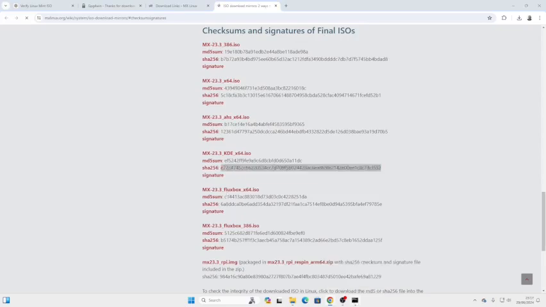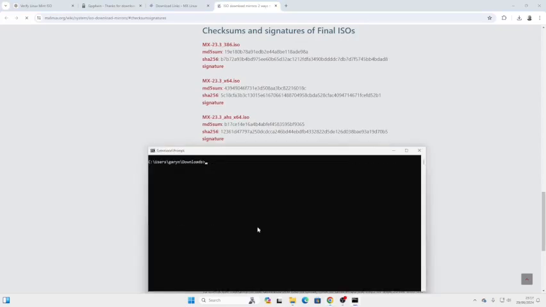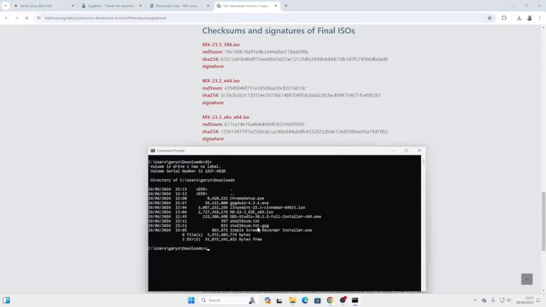So the MD5 sum there, or the SHA sum here, and so what I can do is go to my command prompt, clear the screen again, and I'm going to do certutil -hashfile and mx23.3_KDE_x64.iso, and we do SHA-256,